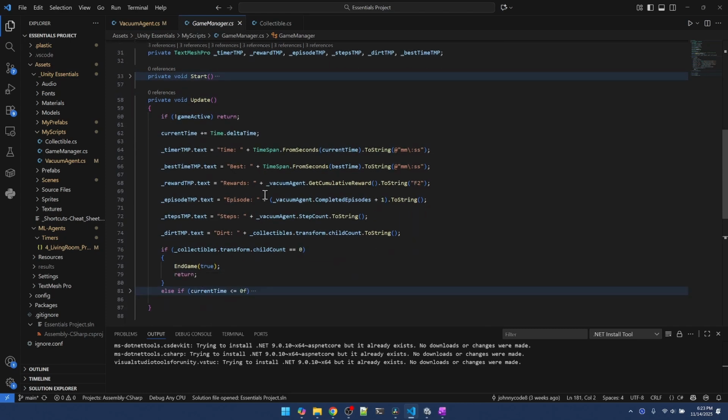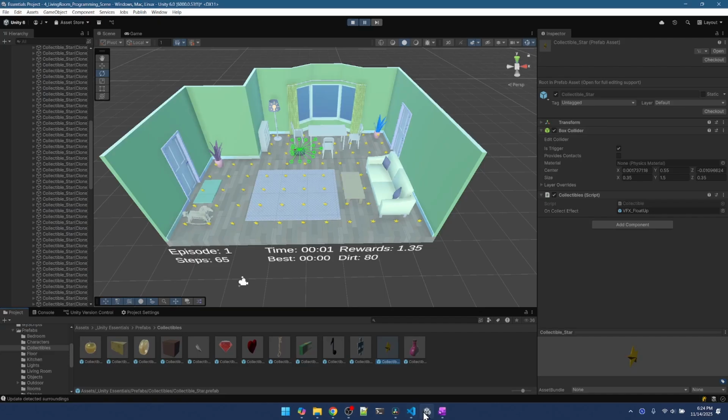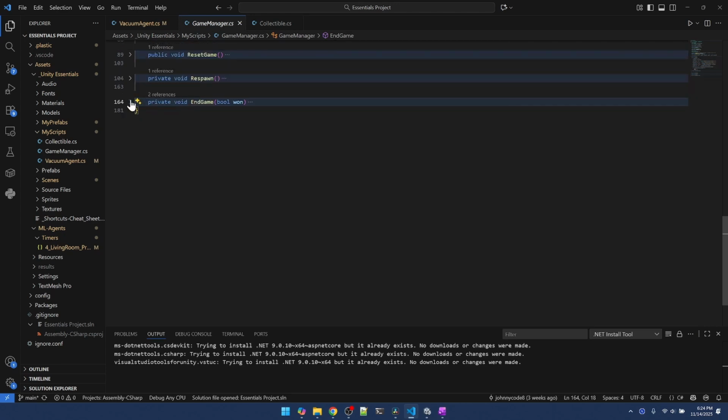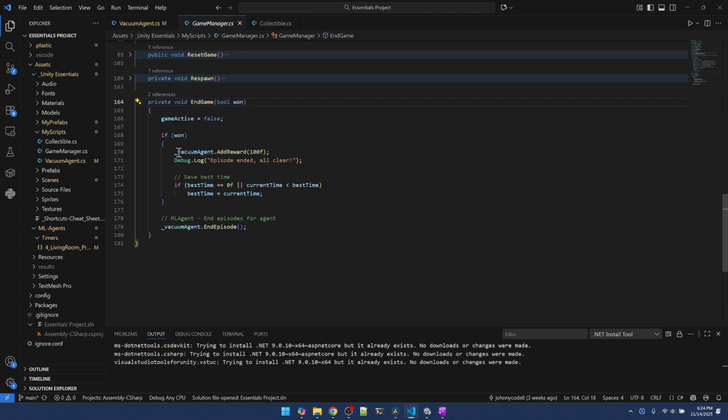In the update function, I'm constantly updating the stats on the bottom here. Also, I'm detecting if all the collectibles or stars have been destroyed. So when the count is 0, I call the endGame function. EndGame is just right down here. In the endGame function, I'm giving the agent a reward of 100 for being able to collect all the stars before time runs out. And then I'm calling the end episode function, and ML Agents will do some calculations to